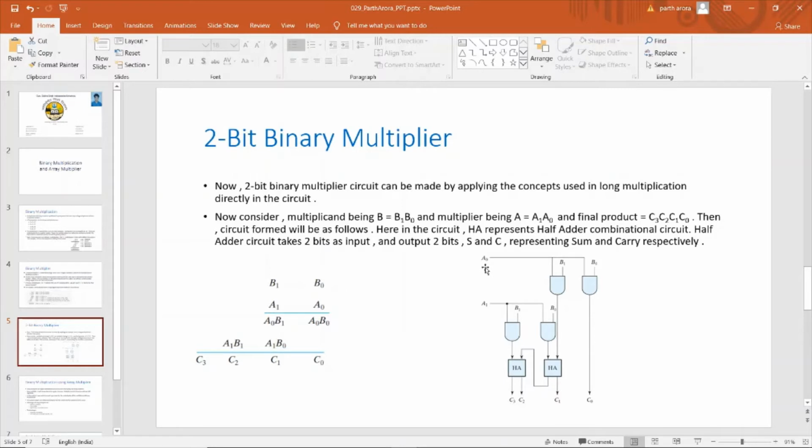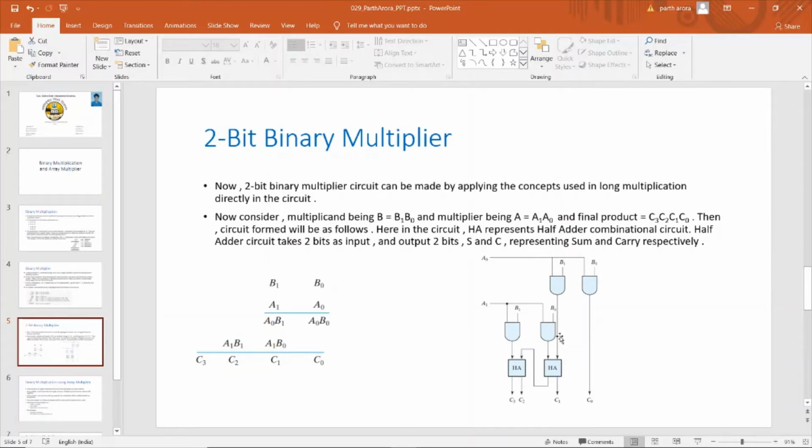Here we have first obtained all the four multiplicative terms using the AND gates, that is a0 b1, a0 b0, a1 b1 and a1 b0.